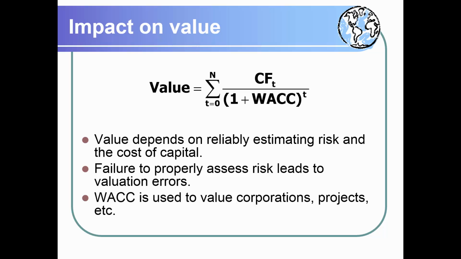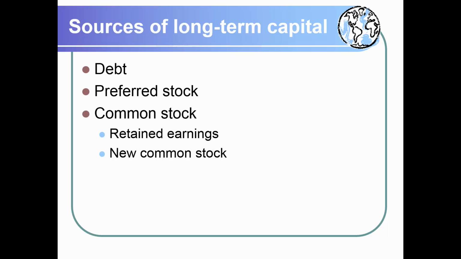So if you talk about finding the value of a company, basically what we say is that the value of a company, or the total price of a company, is the present value of the future cash flows. So once we know the value of the company, we can also use that to find out the value of a stock as well as the price per share. So the value of the stock is the present value of the future cash flows minus the value or the price of the bonds. And the price of each share is going to be the total value of the stock divided by the number of shares outstanding.